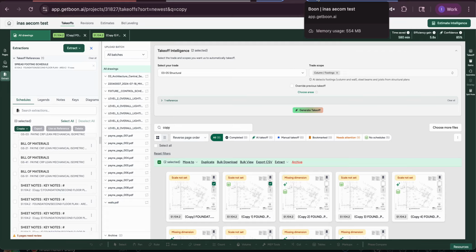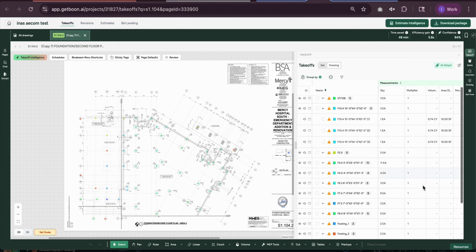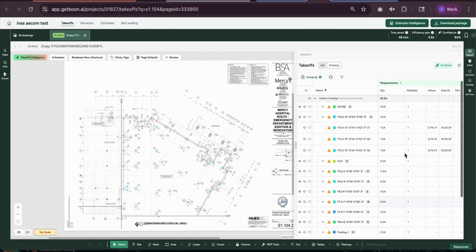So if both scales and measurements are blank, the volumes will be blank like this. But if there is at least one of them set, they can have values like this.